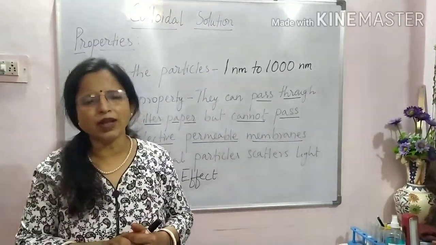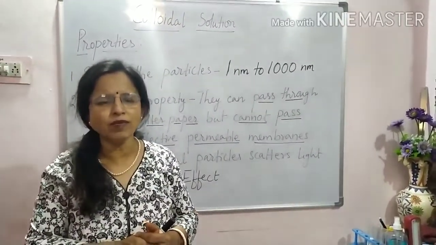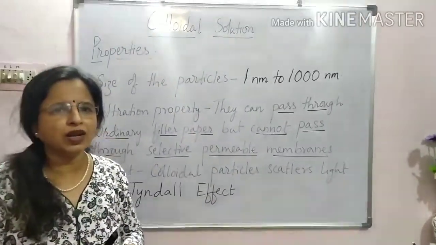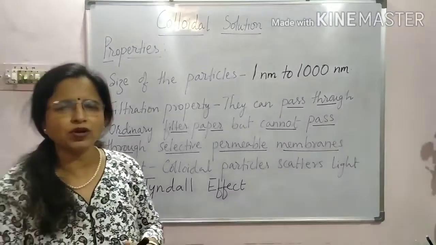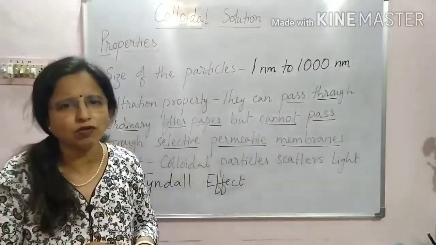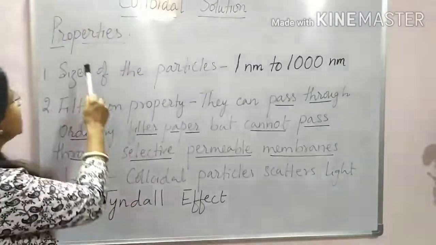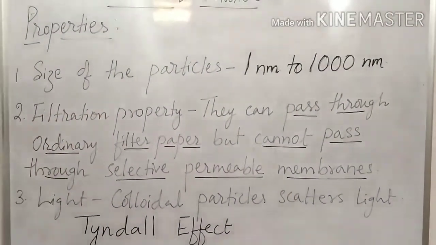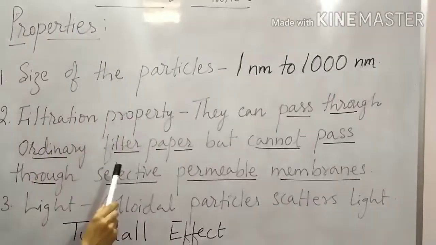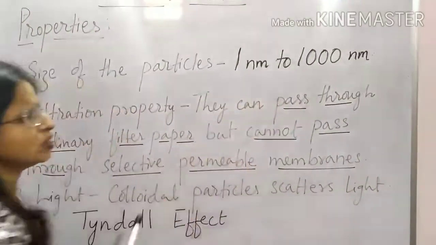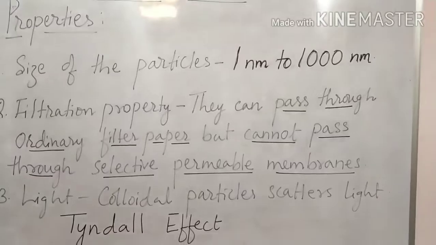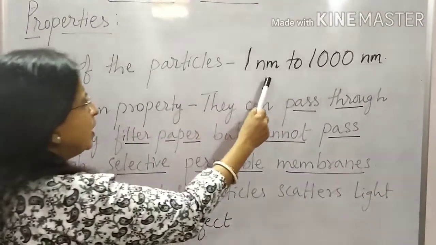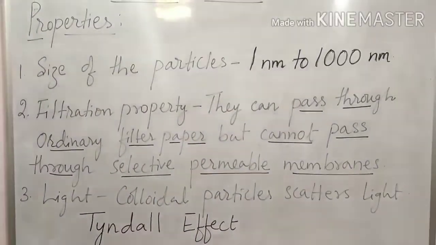So today we will take up the last concept of colloidal solution, that is the different properties of colloids. Let me tell you, with very simple properties we are going to deal with some 6 to 7 properties of colloids. The first very simple property is the size of the particles. The colloidal particle size ranges from 1 nanometer to 1000 nanometer, which itself is the definition for colloids.